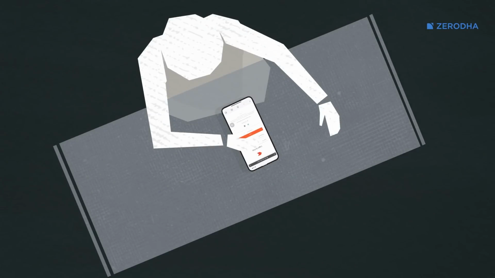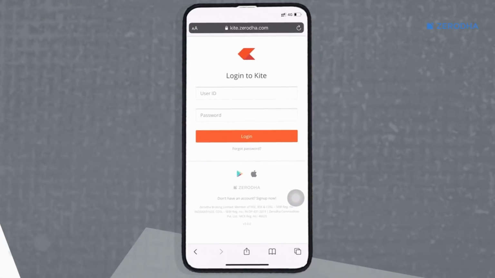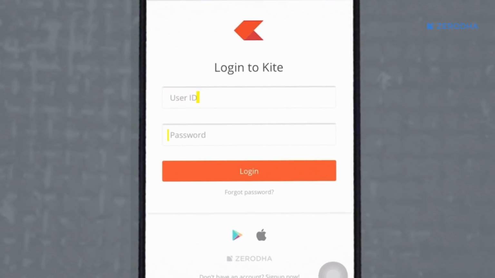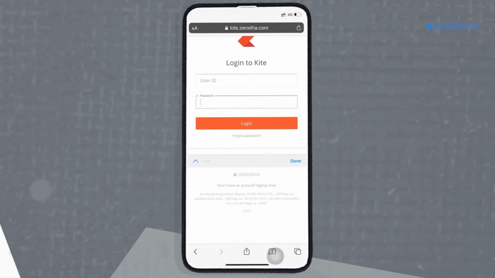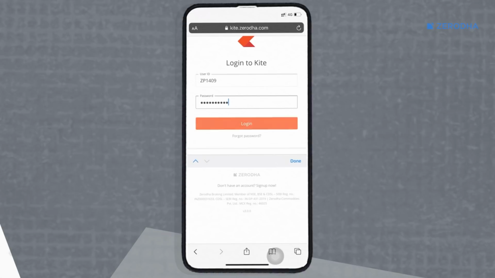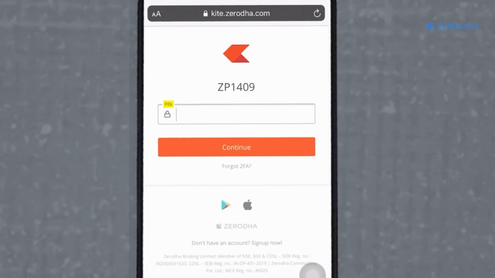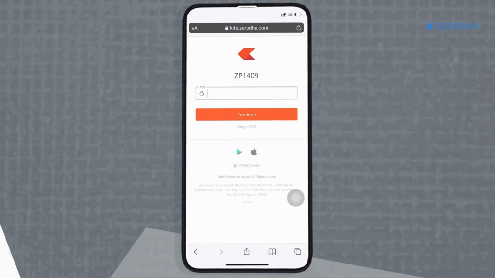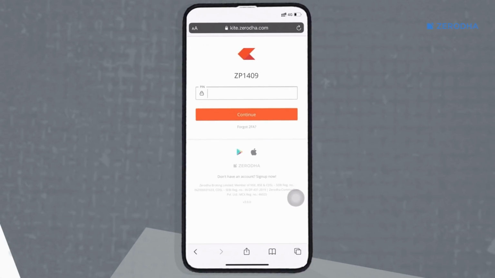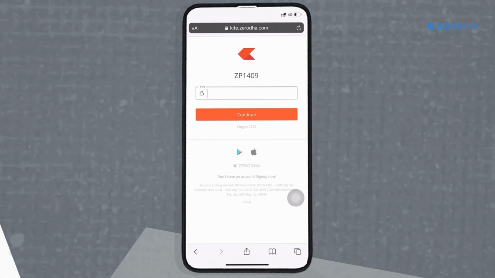When you log into your Zerodha Kite account, you're restricted to log in with a user ID and a password. So let me put the user ID and the password. Now, once you put both these things, you're restricted with a PIN. Now, to enhance your security, we also have a TOTP feature available on Kite, which you can enable using third-party